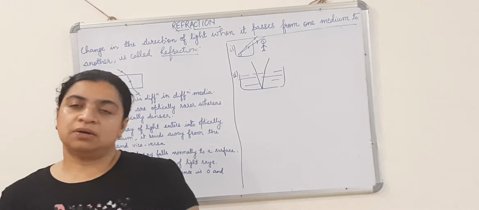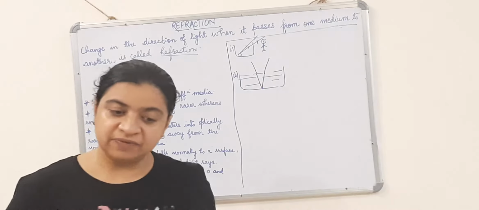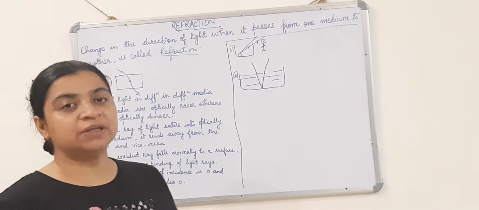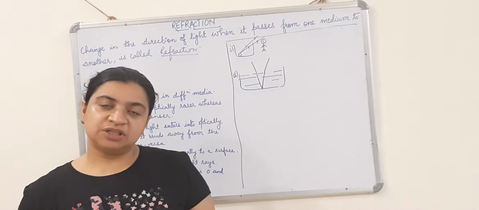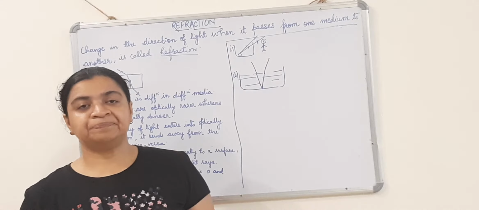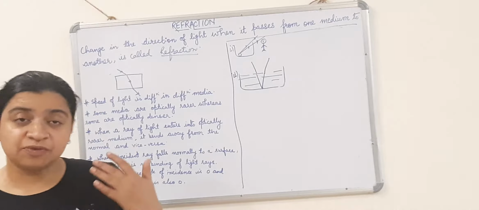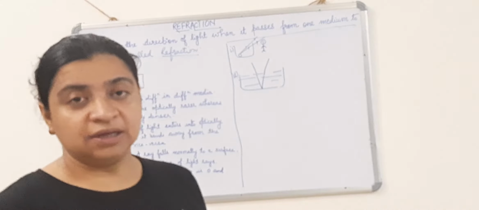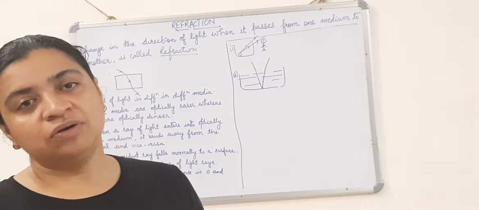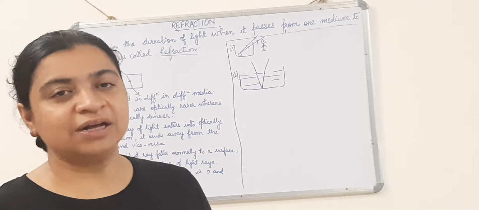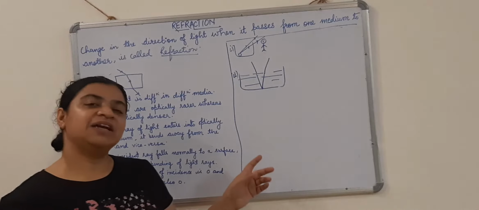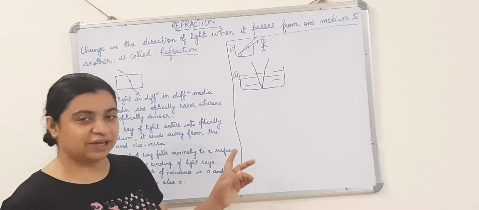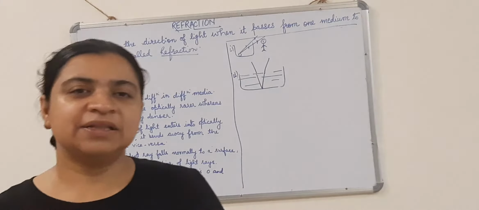And now before doing the sign convention or the numericals related with the mirror, I would like to go for refraction. First we will do refraction, then we will do the image formation in case of lenses, and then I will start your numericals from mirrors and lenses. There is a reason behind that, you would come to know about that later on. Okay, so let's start our next topic, that is refraction.